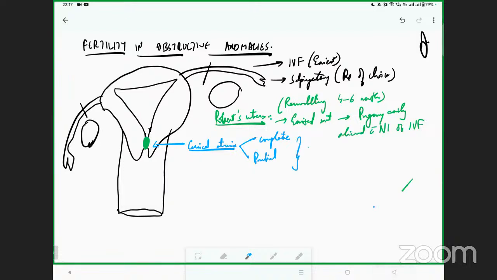The most important thing is these girls are going to be very young because right from the first menses onwards, because there is a complete obstruction, there is collection of blood inside the uterus, and this is called as hematometra. Correct? You will experience the symptoms of hematometra. Remember one rule about hematometra. Hematometra is toxic to basal